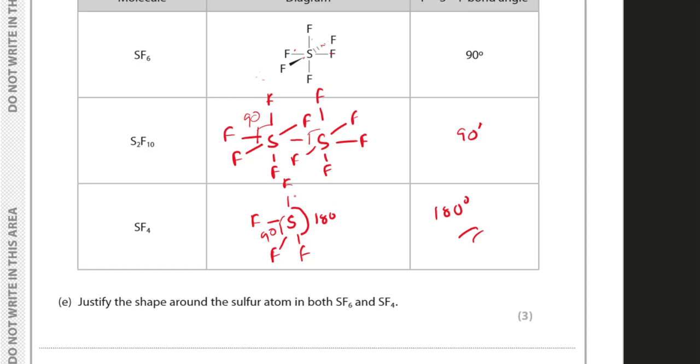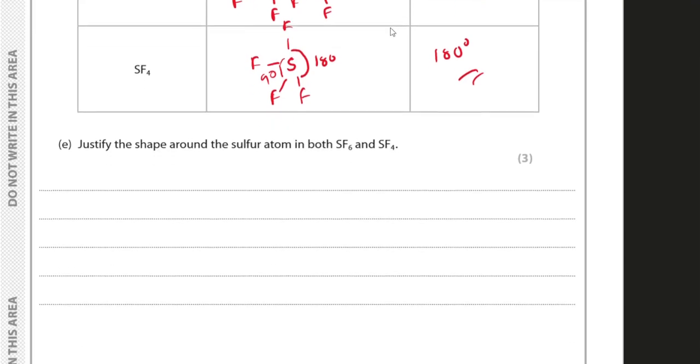So due to the lone pair being present, the electrons will basically repel to be as far away as possible, so that the maximum distance is maintained between them. This is the justification for the shape for SF4 and SF6. Okay, so we can write